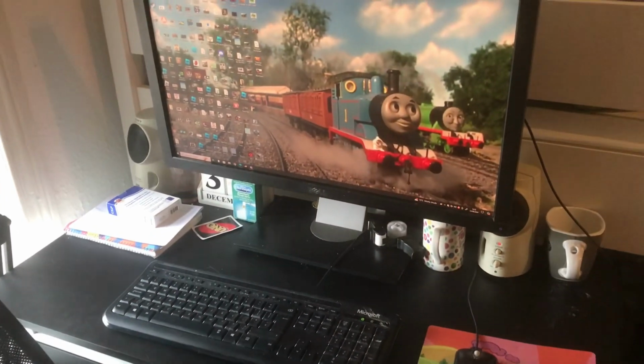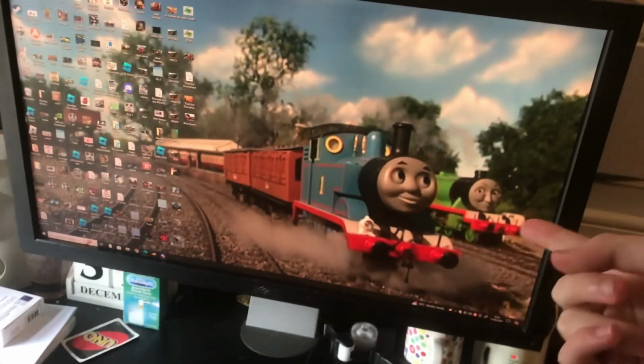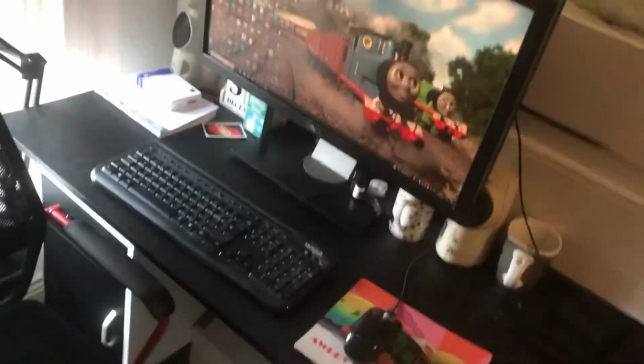I'm going to give you an update on that. So yeah, a lot of things have changed in the past 2 years in my room tour, if you will. Let's start with my trusty PC. Yes, I used a spick and span PNG as my desktop. Deal with it. It is due for a clean out because it's kind of dirty, but hey,